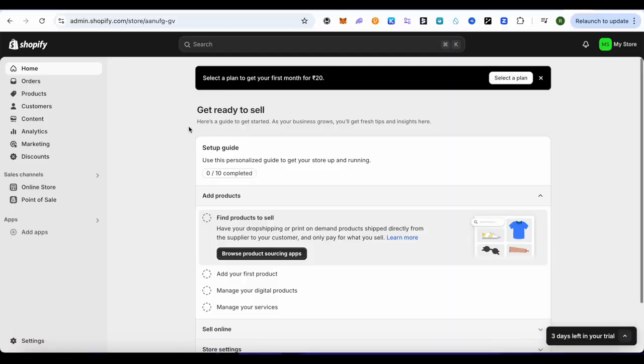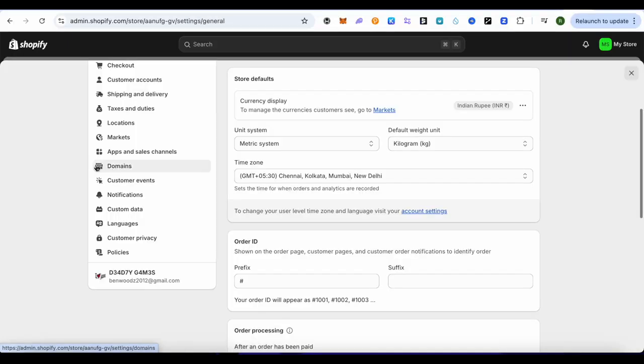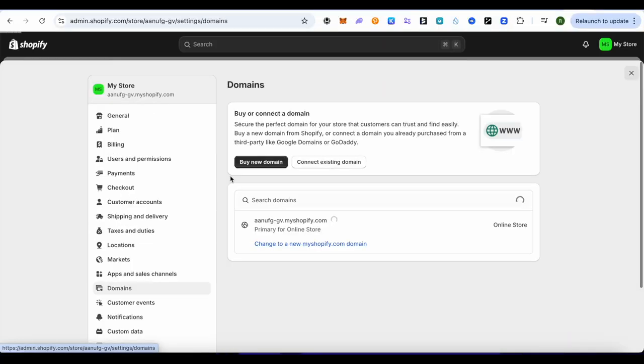For this, you will have to open up your Shopify store and after that go to the settings option by clicking on this bottom left hand side corner. Here select the option of domains and make sure that you have connected your domain properly over here. If the problem is still there even after checking out this domain section, just simply open up the apps section